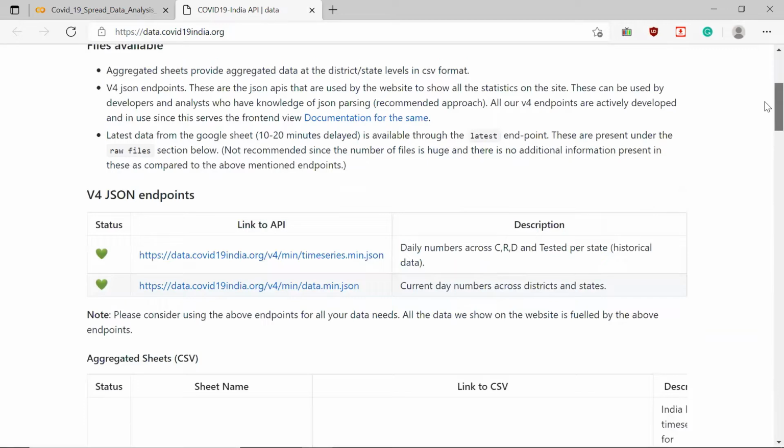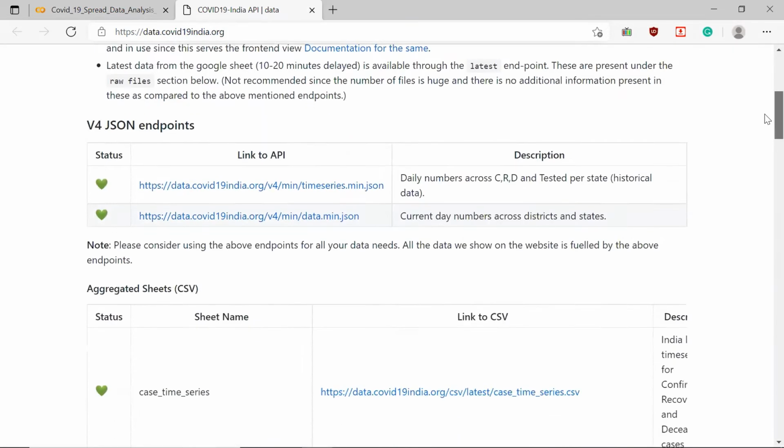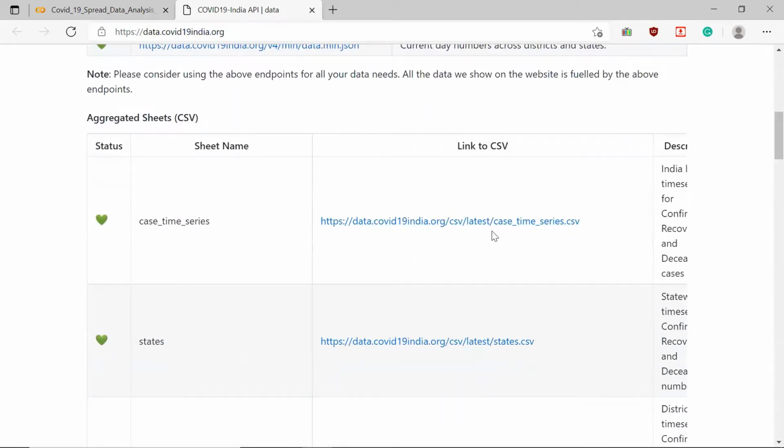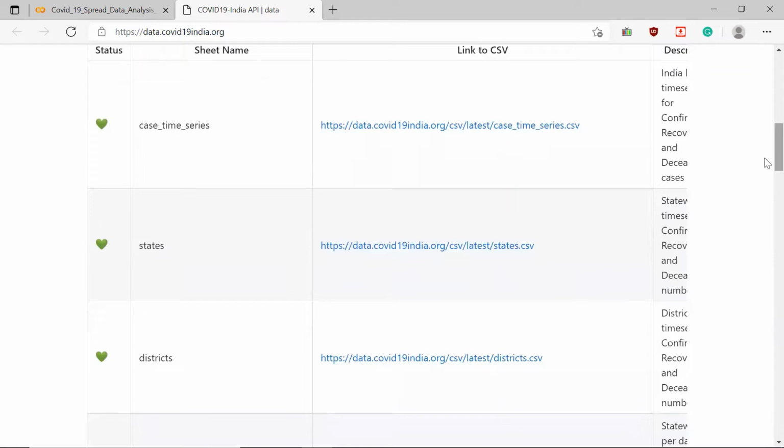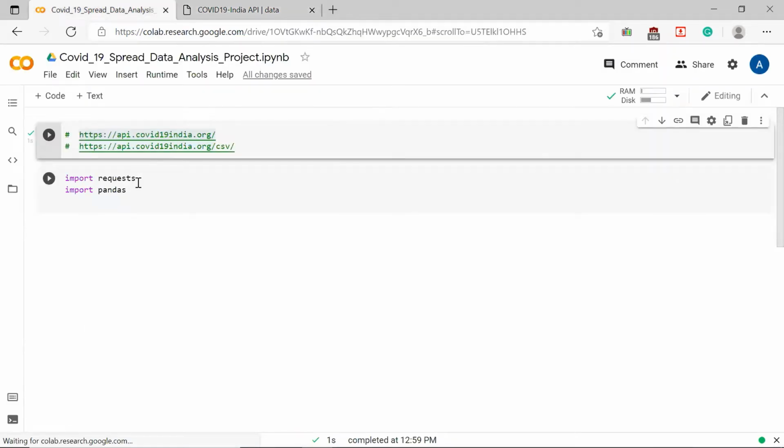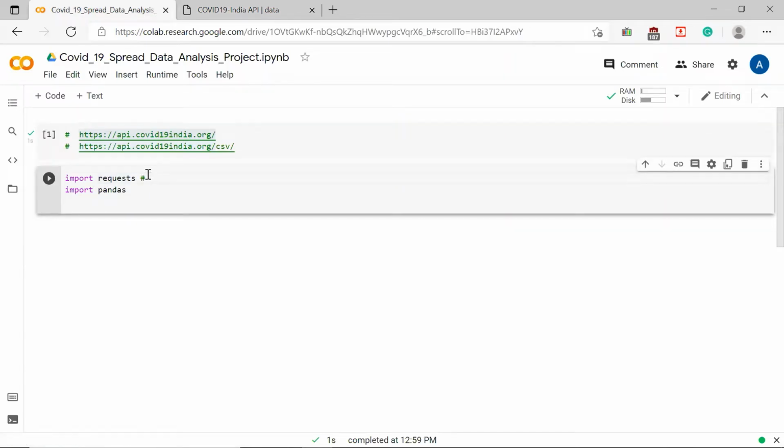the same here. So we are going to read the data directly from this link instead of downloading it into your local system. So here, to read the data from the URL, we have imported requests. This import requests is used to read the data from the URL.